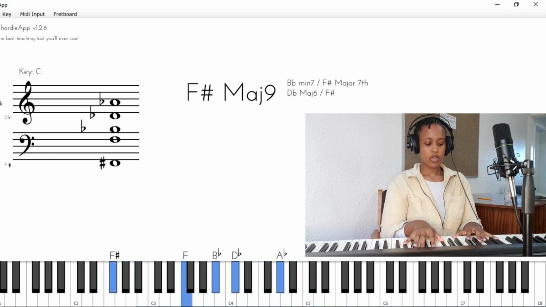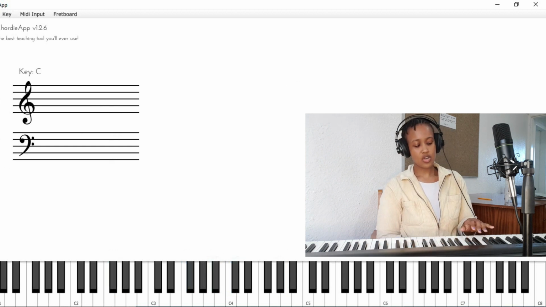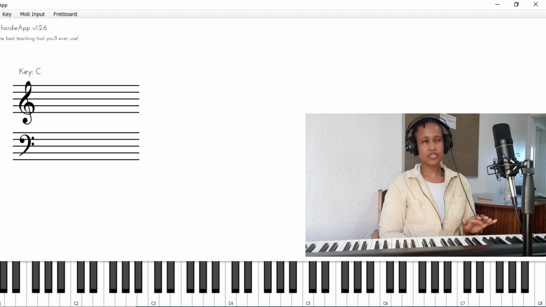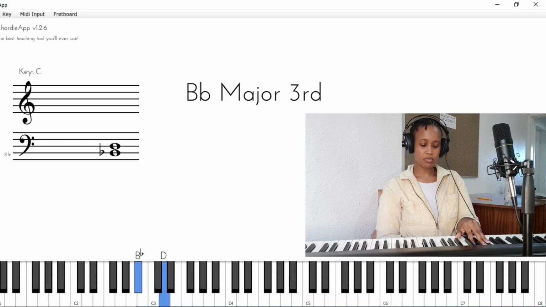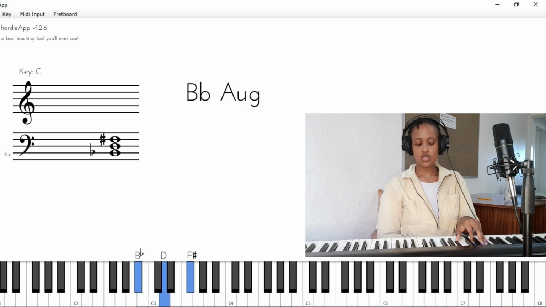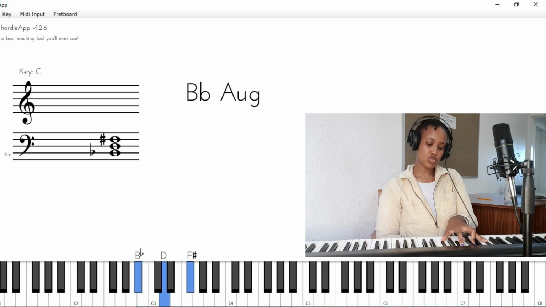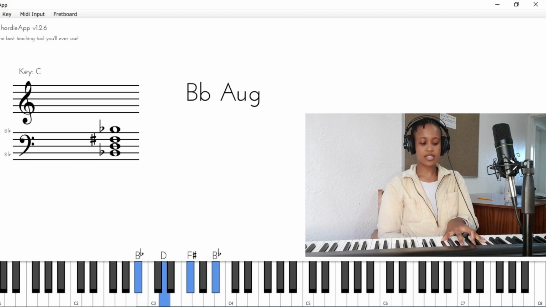And here what really happens in the bridge is we have a series of major thirds. If you think of major thirds, it would be from B flat major to D flat major, and then to F sharp major, and then back to B flat major again. So essentially it's a cycle that's using this sort of augmented